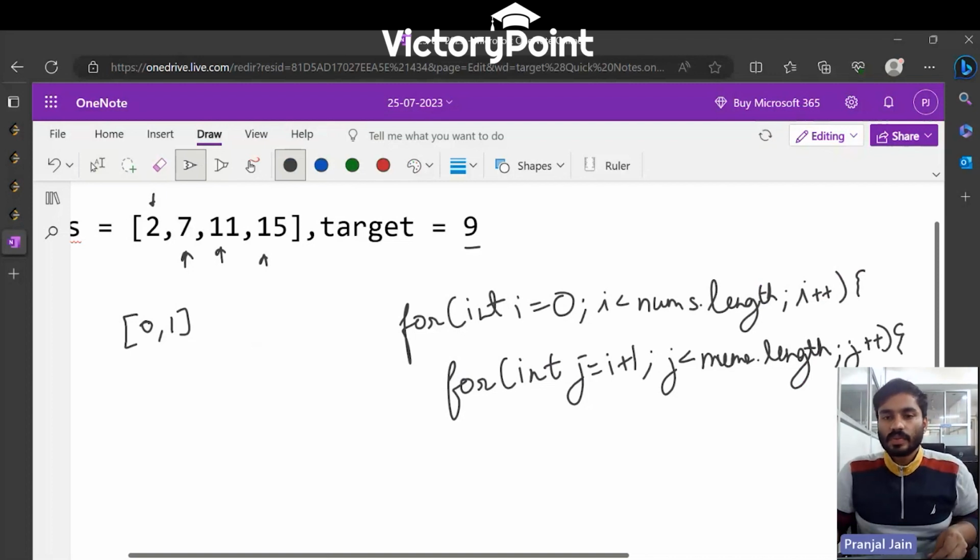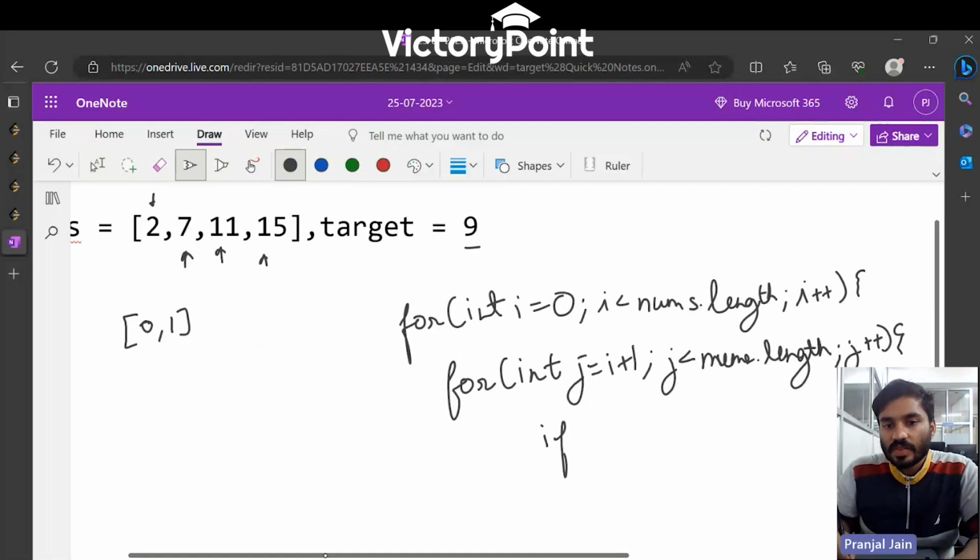Inside these for loops, we'll find the answer. We'll find the sum of the element at the ith location and the jth location. So now if nums of i plus nums of j is equal to target,